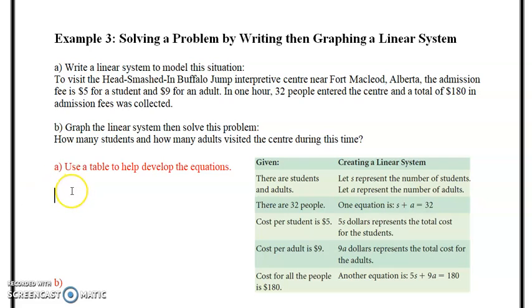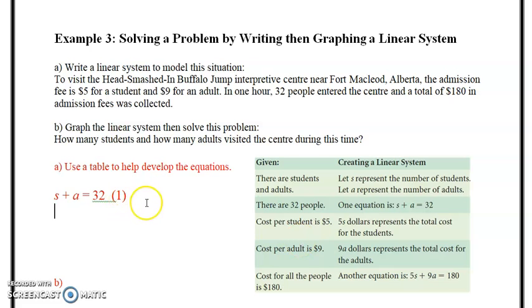So I'll write those equations out. So S plus A is equal to 32. So S being the number of students, like we talked about before, and A being the number of adults. Okay? That's equation 1. Remember, name your equations. And then equation number 2,